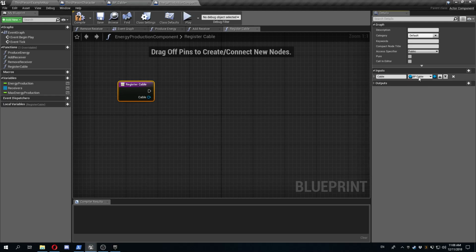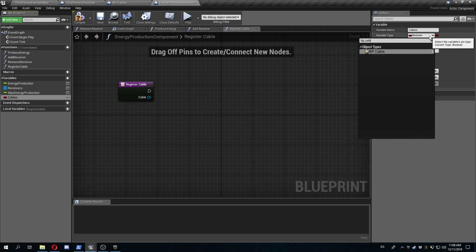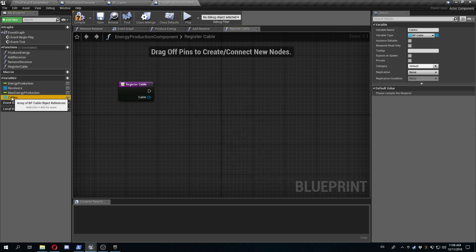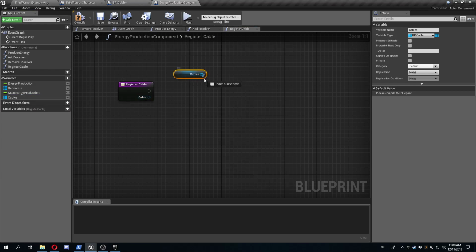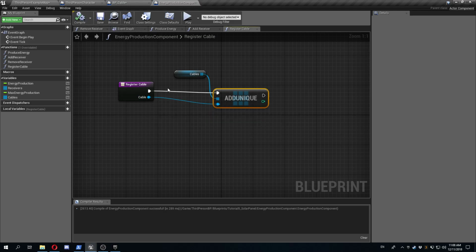And I am going to create a variable here called cables, and it's going to be a BP cable array. I'm going to get the cables and do an add unique, just so we know we never add it more than once, even if we try to add it twice. And that's it. I'm just storing the cables,